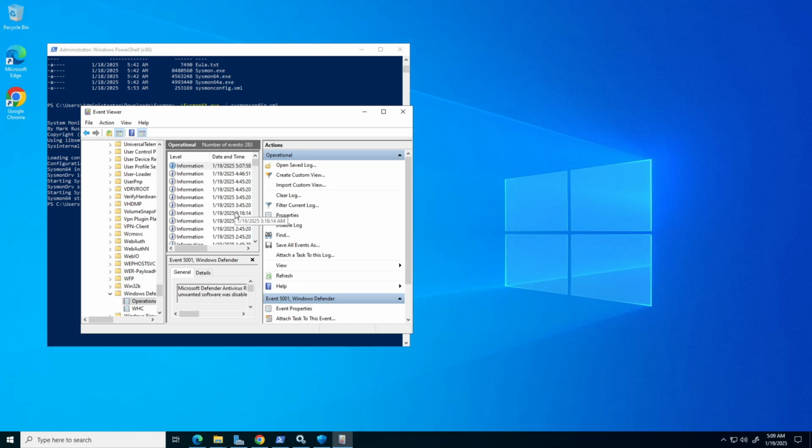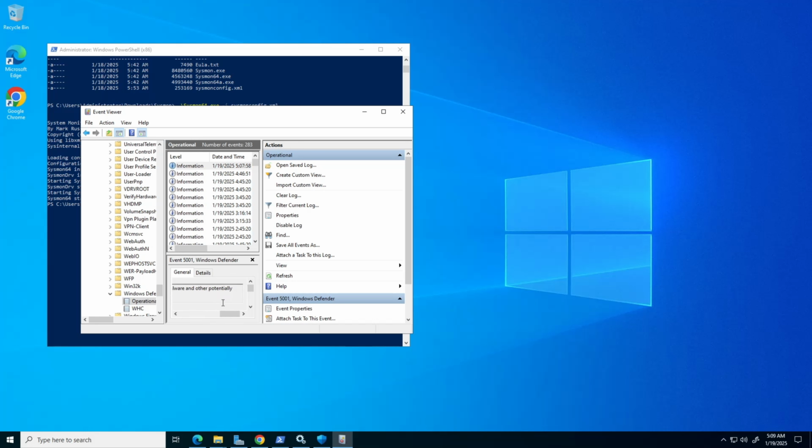We should be able to find event ID 5001. Oh, you can see event ID 5001, Windows Defender, Microsoft Defender antivirus. I'm trying to see if I can read this. I don't know why it's not showing properly. But if you can see here, the message states Microsoft Defender antivirus real-time protection